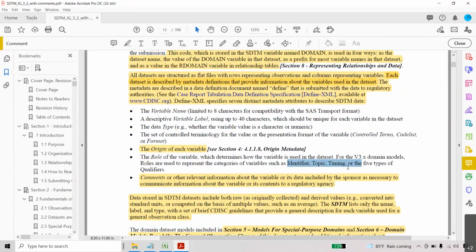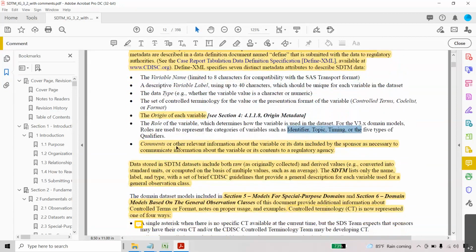And rule based. Next, comments mean CDISC has given some comments for a particular domain. These comments describe the variable. When you read it the first time, you may not understand, but when you read it a second or third time, you can feel how the variable definition and information are helpful for you.